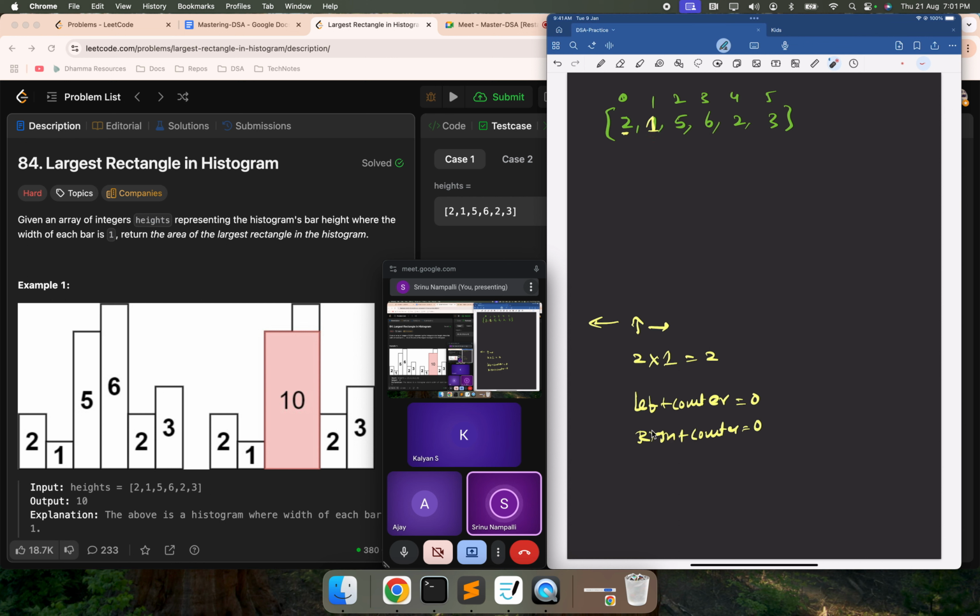So you will get the area from that index. Once you know the area from that index, you keep on updating max here. Clear, nobody? Brute force is clear. Yes. So now if I walk through it, when I'm here, there is definitely no left and